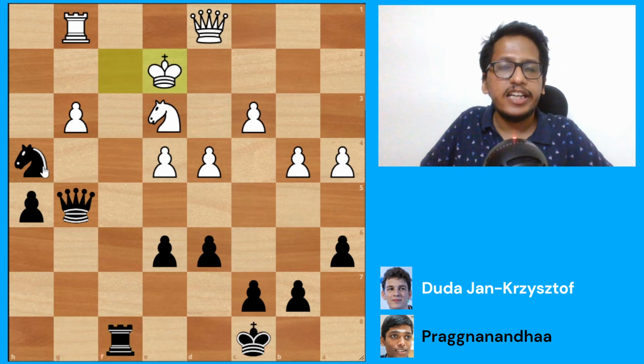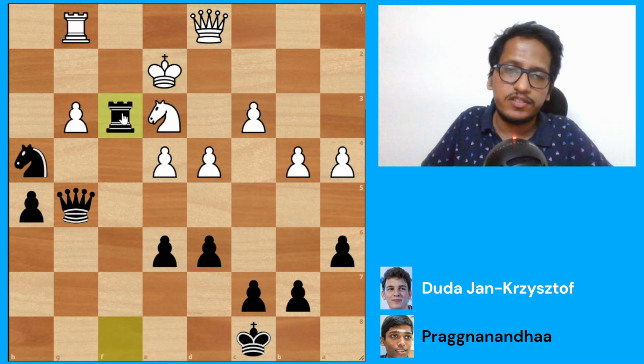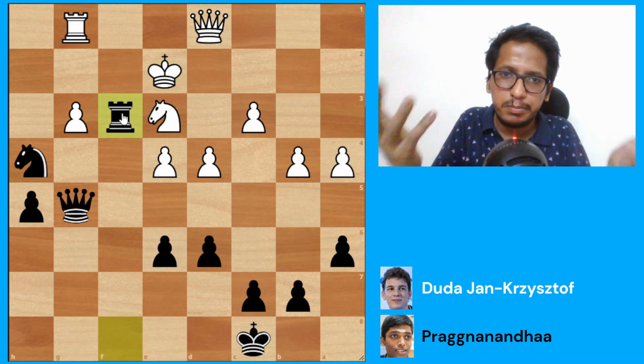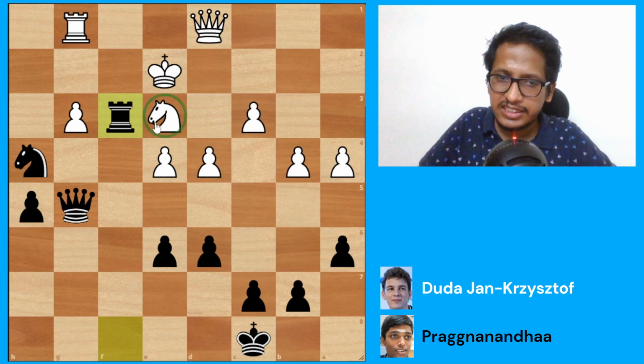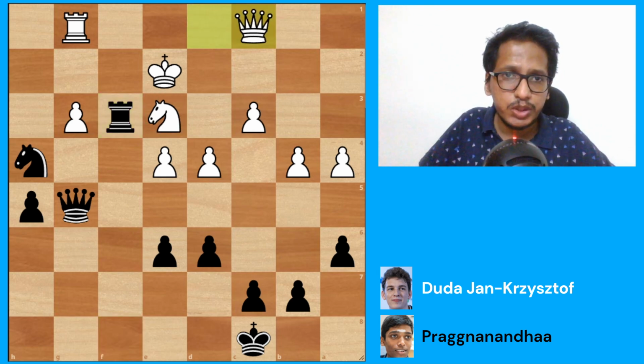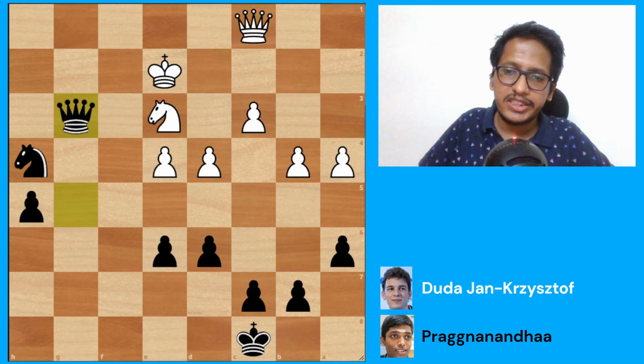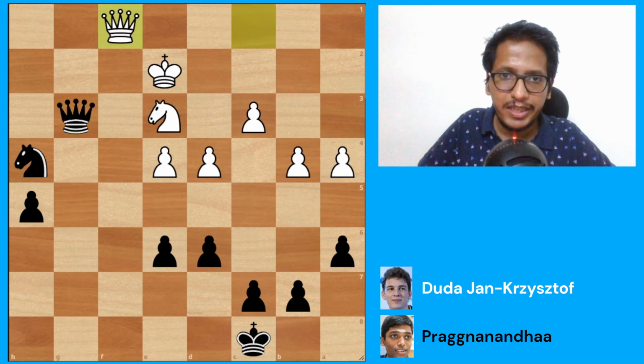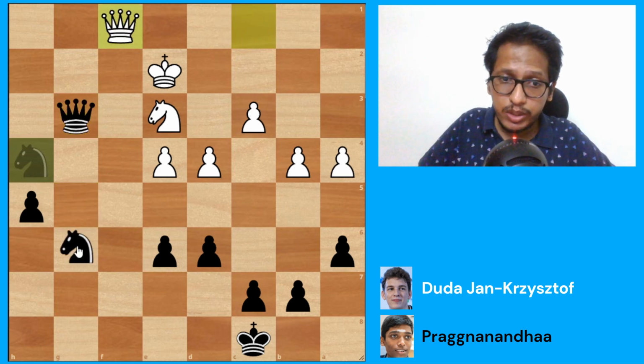And now Pragg again finds a very nice move. He goes rook f3. He just brings all his pieces into the attack. And he is keeping an eye here. There comes queen c1 protecting this knight. But now Pragg gets the time to play rook g3. Rook g3, queen g3, winning a pawn. Queen f1 played. And now this knight drops back to g6,